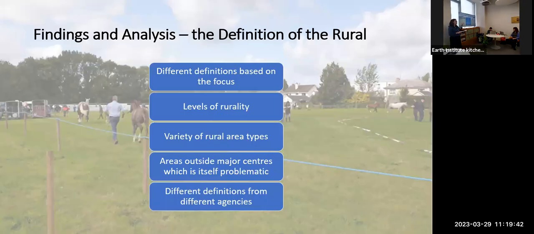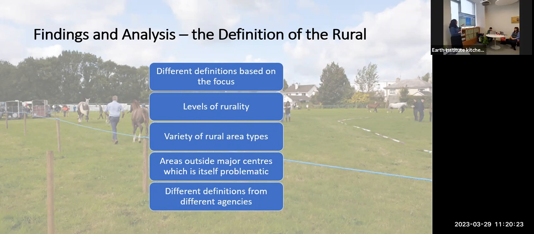Some of those quotes lead on to the next slide, which talks about the definition of the rural. If anybody's familiar with rural studies, I'm a rural geographer and rural planner by background, and one of the biggest issues we always talk about in the literature is, what is rural? What actually is it? The earlier quote talked about it being a social construct. But importantly, what we find in the literature and also through the interviews is that the definition of the rural has to adapt depending on what you're actually looking at. That's something we're trying to work on in this project as we look at rural data needs. Well, what is the rural when it comes to that? And that's when you can get very philosophical about it all.